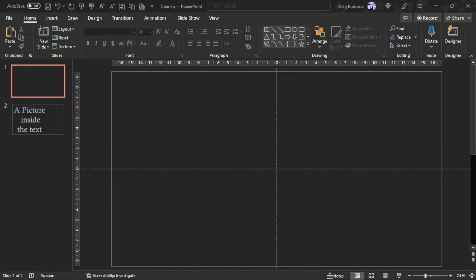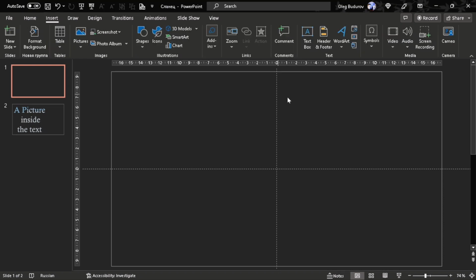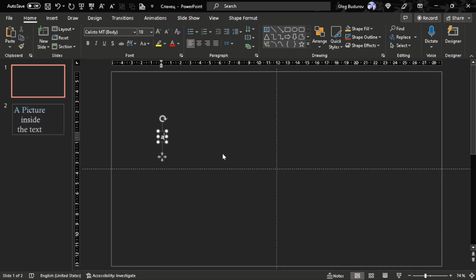Hi guys, how to insert a picture inside text on a PowerPoint slide. So first thing we need to do is to go to Insert, then Text Box. Let's type "picture"